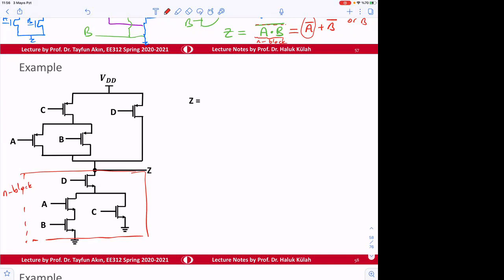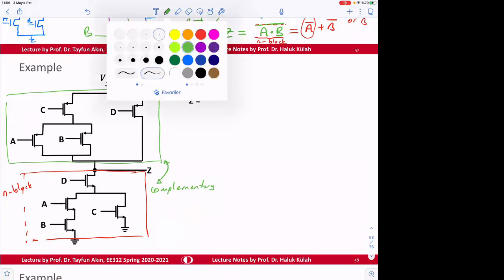And then this will be maybe the P block. So it should be complementary. So it will be complementary here. So what is the logic? Let's write the logic first. So the logic is,